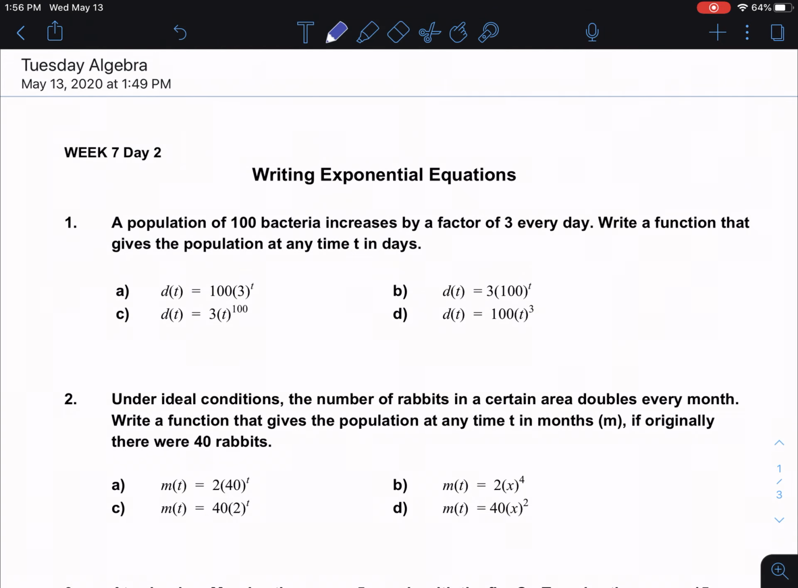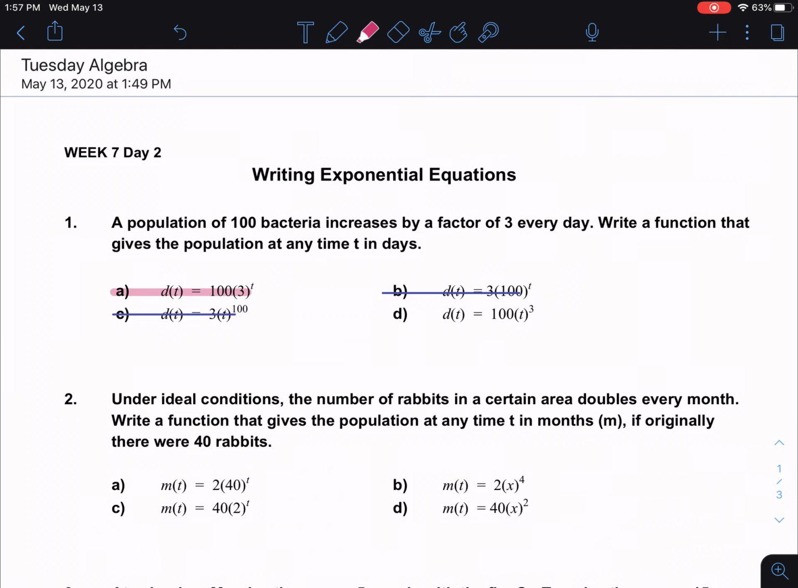Okay, and our initial value goes right here before the parentheses. No B and no C. Now, the factor, that 3, goes inside the parentheses. That's how quickly it's growing. And then this t, this time, is going to go here outside, because we don't know how many days, it's our exponential value. So this answer